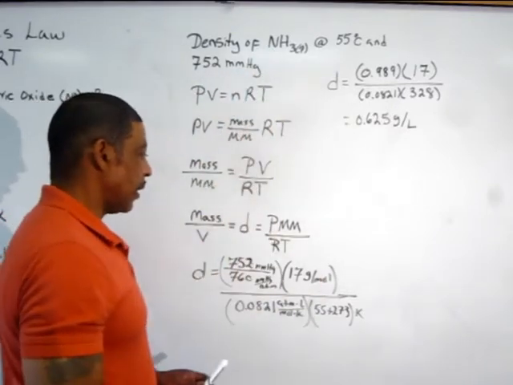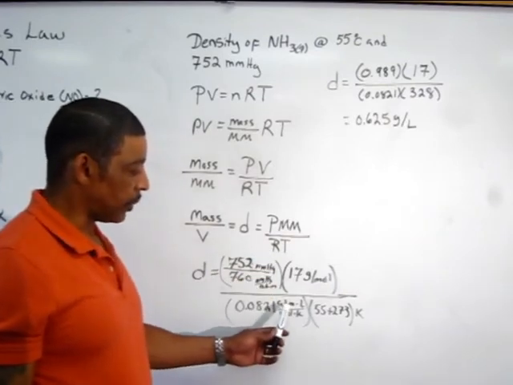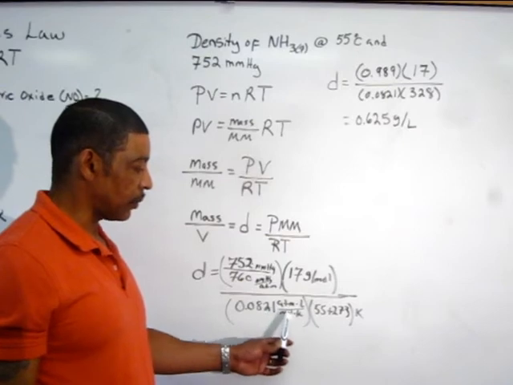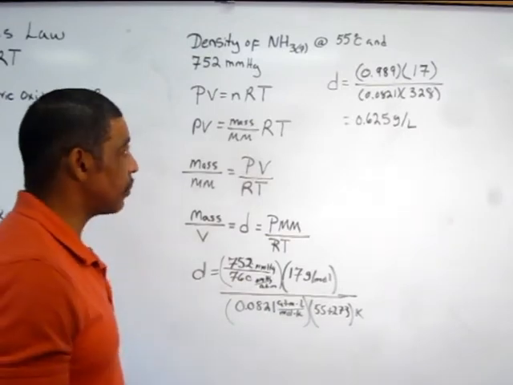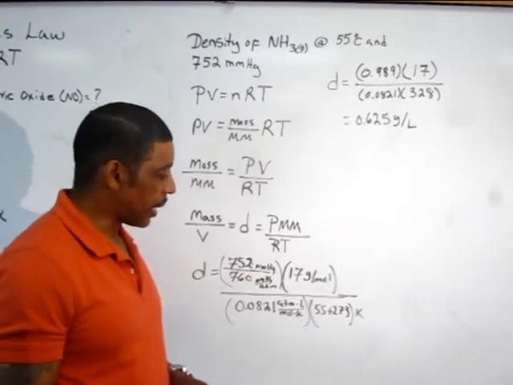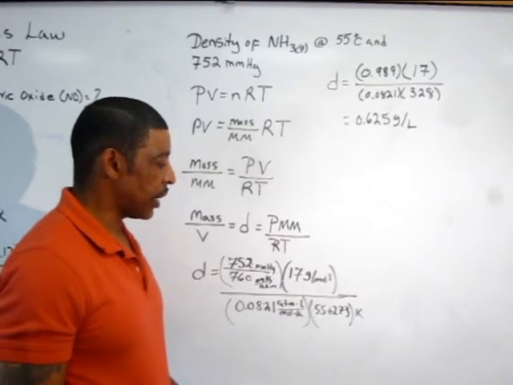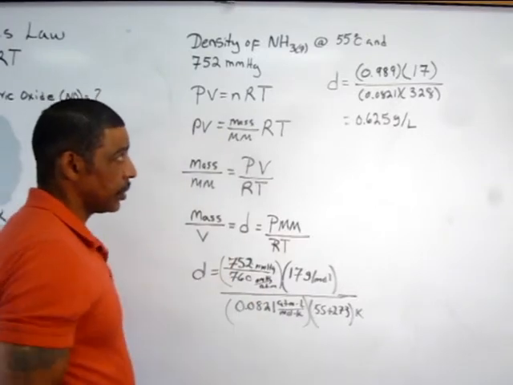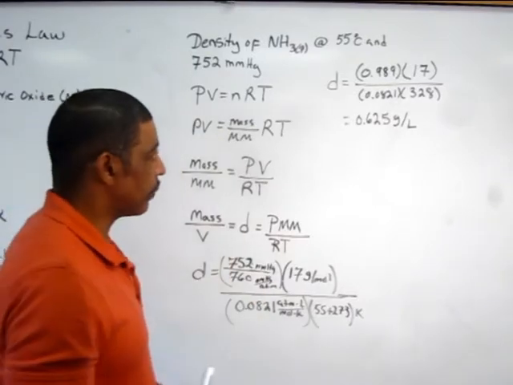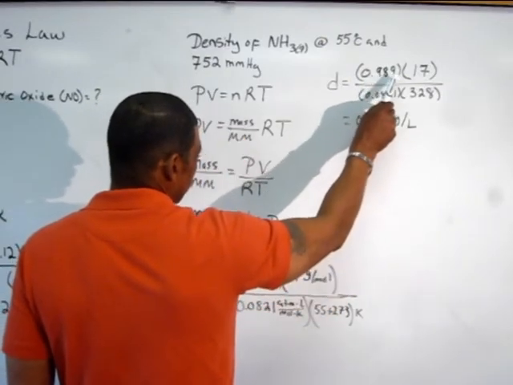And of course, the R will be 0.0821 atmospheres times liters divided by moles times K. And of course, the temperature, which was given in degrees C, must be converted to K by adding 273 to the 55, which now converts the Celsius temperature to Kelvin. This will yield the following, where D is equal to 0.989